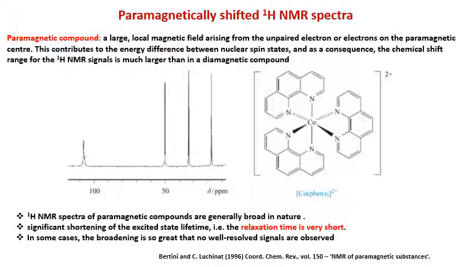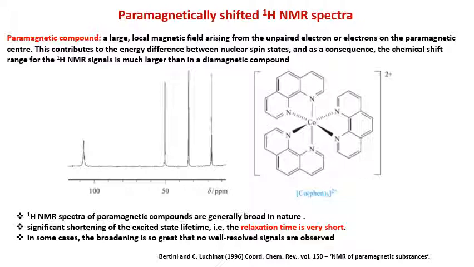I'll conclude this session with an important topic and illustrative example, that is paramagnetic NMR. Although paramagnetic NMR cannot be explained in a single slide, I will give a small overview of paramagnetic NMR with one example. Now, the paramagnetically shifted 1H NMR spectrum. Paramagnetic compounds have one or more unpaired electrons, and this electron spin